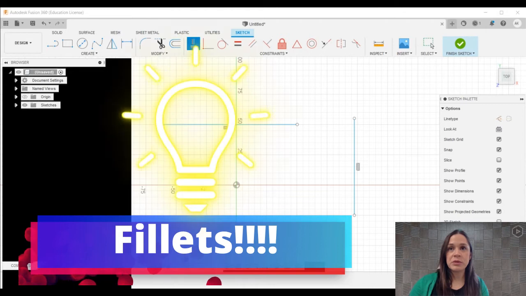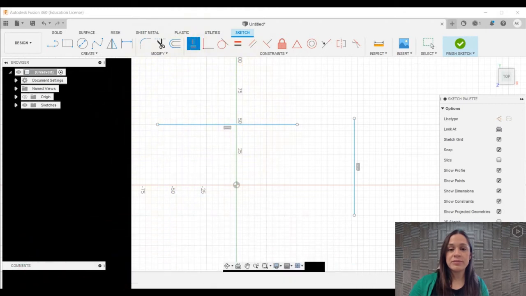Fillets are perhaps the most underrated component that you can add to a design that'll give it so much strength. If you decide to 3D print it or cut the part using a CNC, it really just gives that nice professional touch. And so in order to get started, I'm going to go ahead and press escape to get out